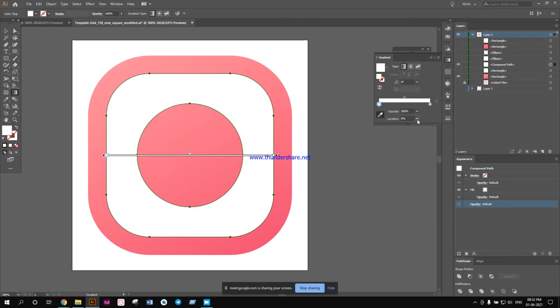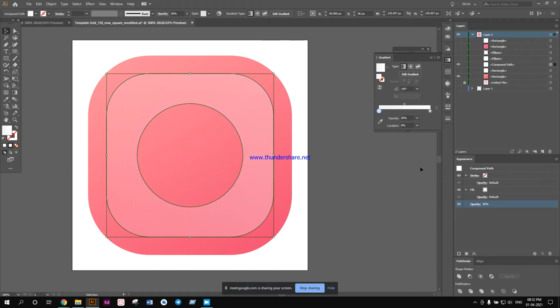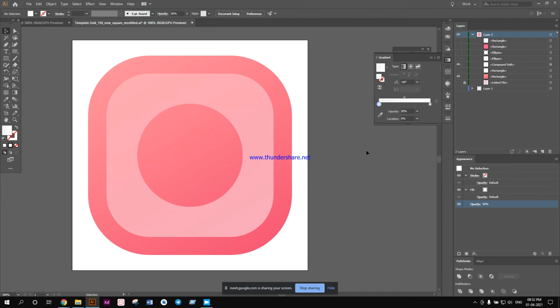Now for this color I want the opacity to be something like 50%, and change the opacity of the whole layer to 30%, something like this, and change the angle. Okay, I'm just going to change the opacity to 50%. Okay, this is looking better.